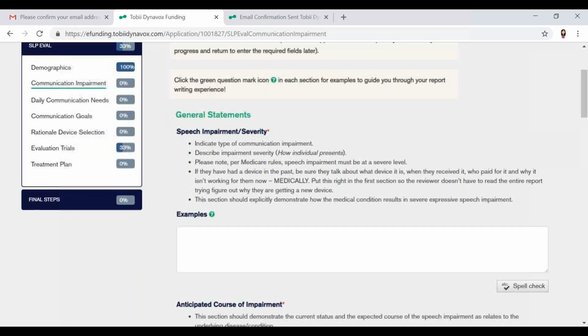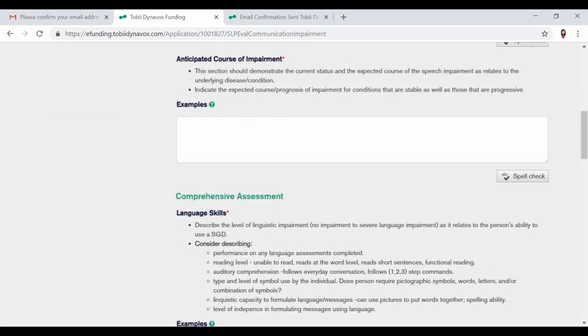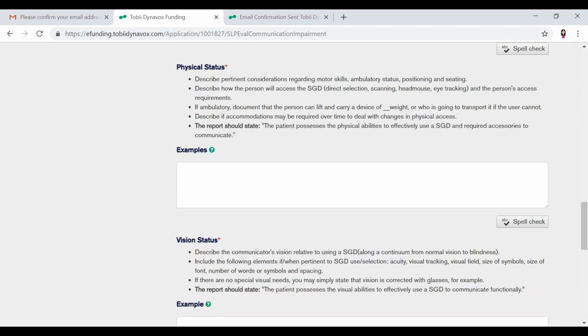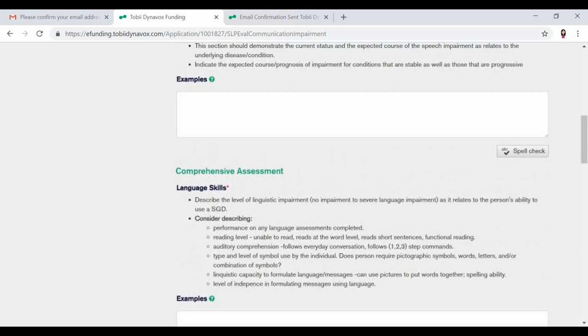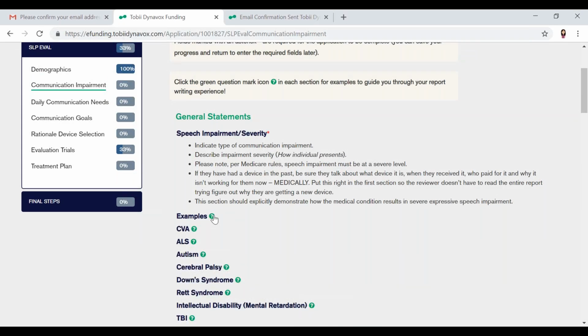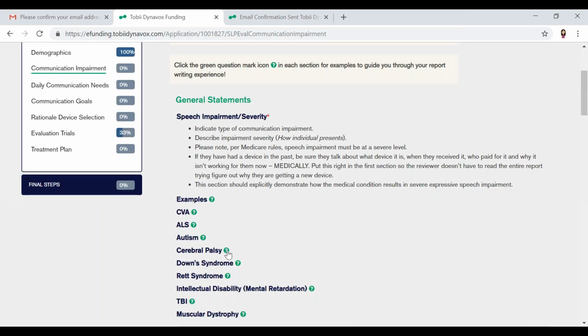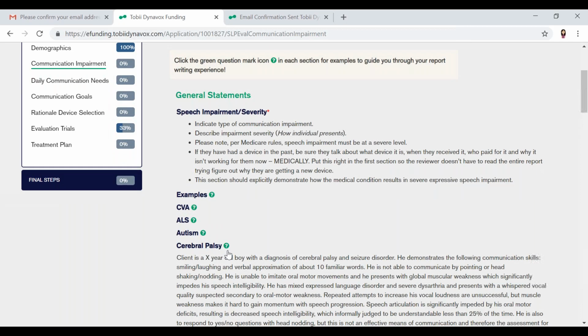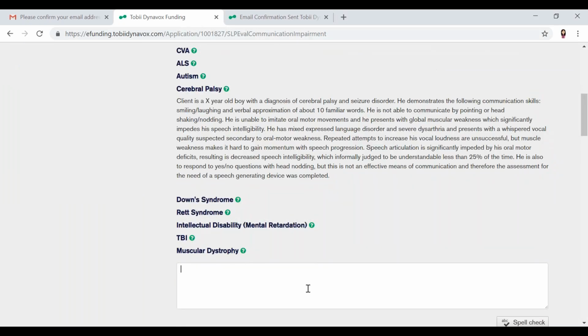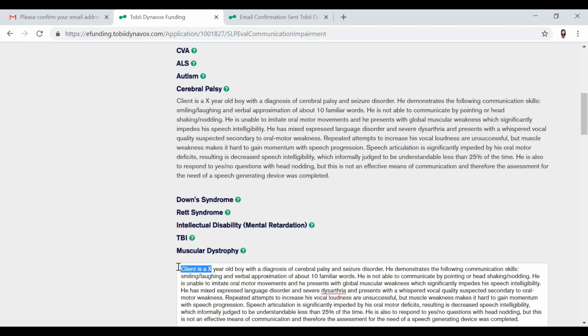General statements, comprehensive assessment, cognitive skills, all the things that we need in a report. Physical status, vision status. So let's go up to the top. Speech impairment, right? Examples. Cerebral palsy. Look at this. It's all listed here. Copy, paste. So my client is a